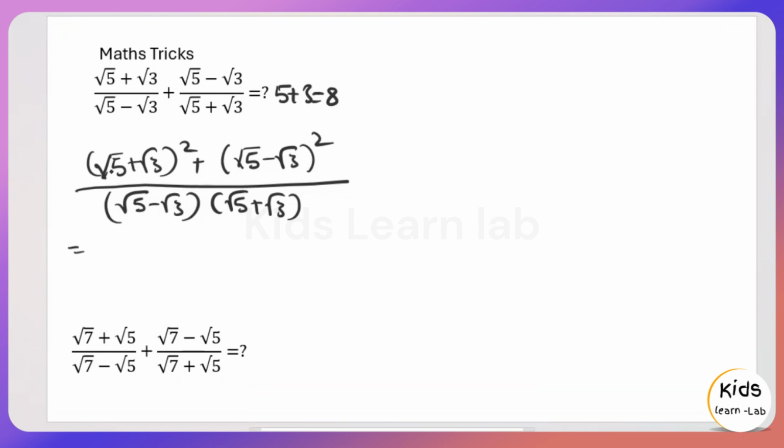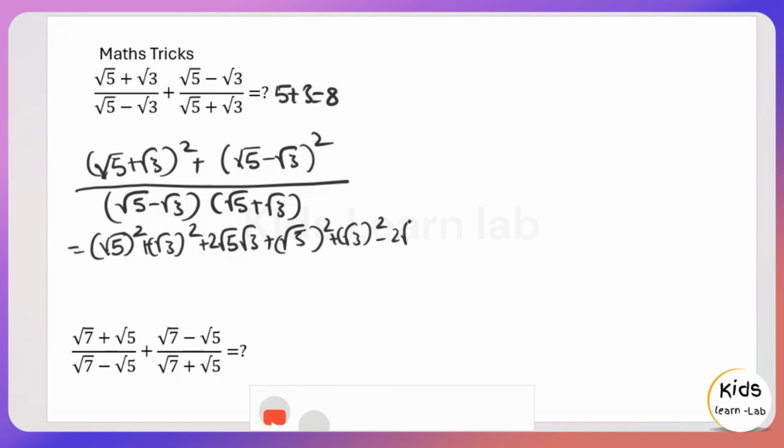Let's simplify. The formula: a plus b, root a plus root b whole square, is root a square plus root b square plus 2 into root a root b. So in the same way, let's apply the formula. Root 5 whole square plus root 3 whole square plus 2 into root 5 into root 3. In the same way, root a minus root b whole square is equal to root a square plus root b square minus 2 into root a into root b. Root 5 whole square plus root 3 whole square minus 2 into root 5 into root 3, divided by